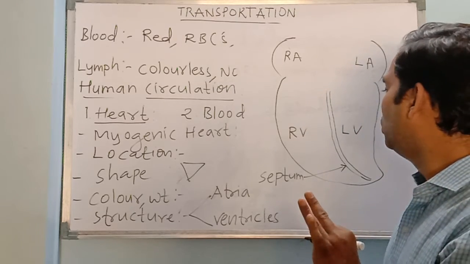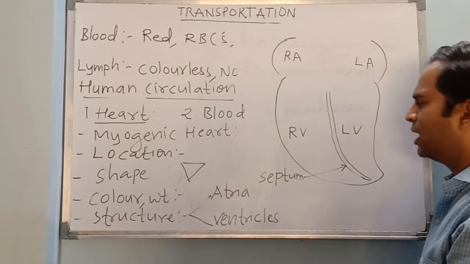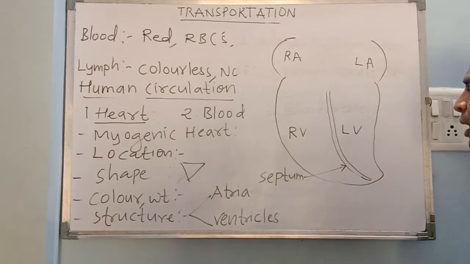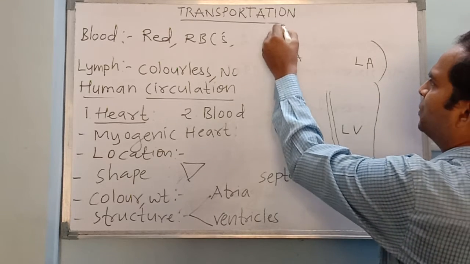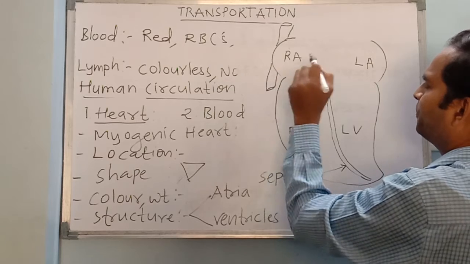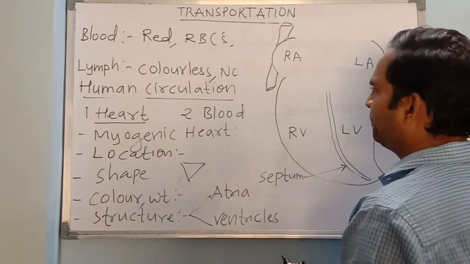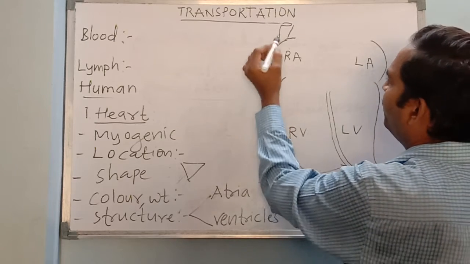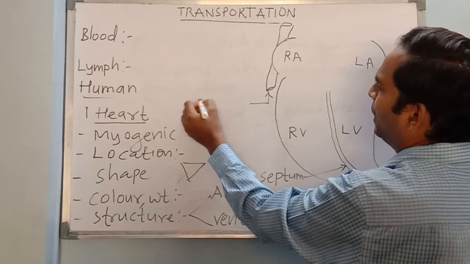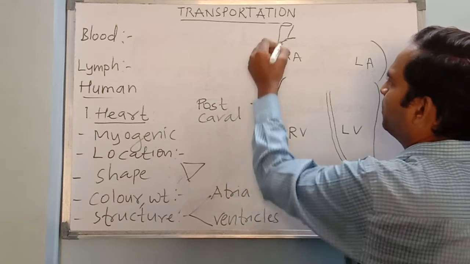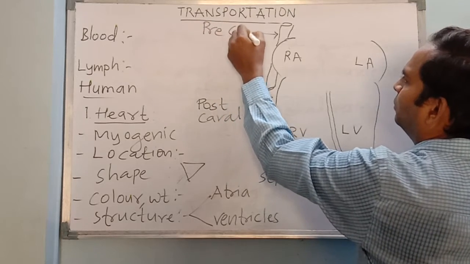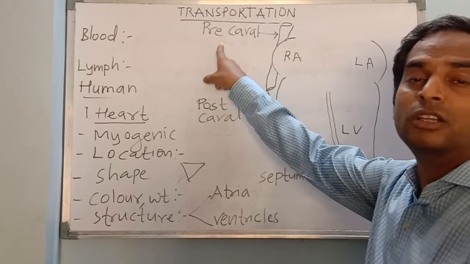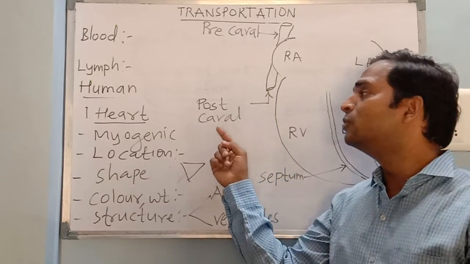Now, when we talk about other details of the same, there are certain tubes that enter inside the heart and they exit the heart. So here we have the first two main openings, which open here in the right atrium. Remember these names: superior vena cava and inferior vena cava, or you can also call them pre-caval and post-caval. So look, these are the upper chambers. These are the two names which open into this right atrium. Pre-caval can also be known by another name, superior vena cava, and this is post-caval, or can also be called